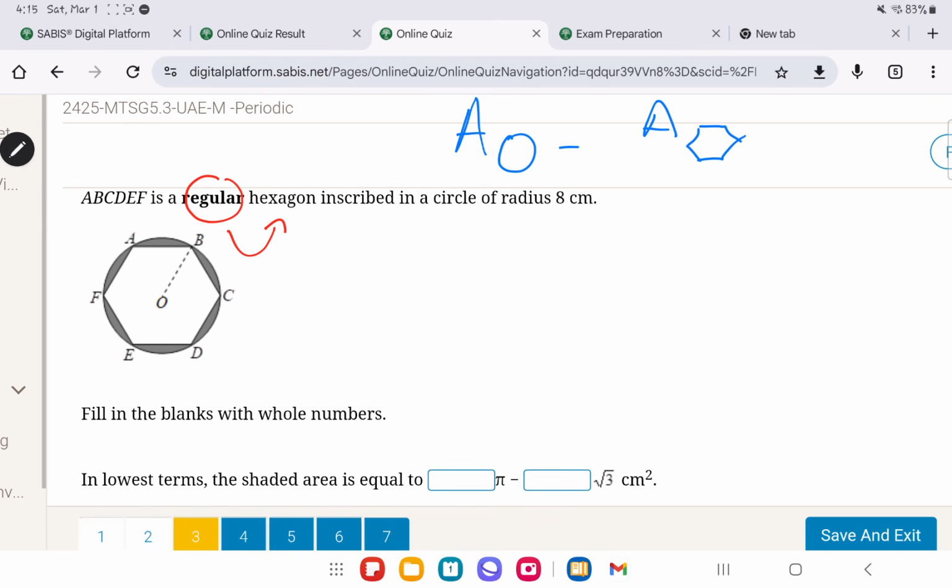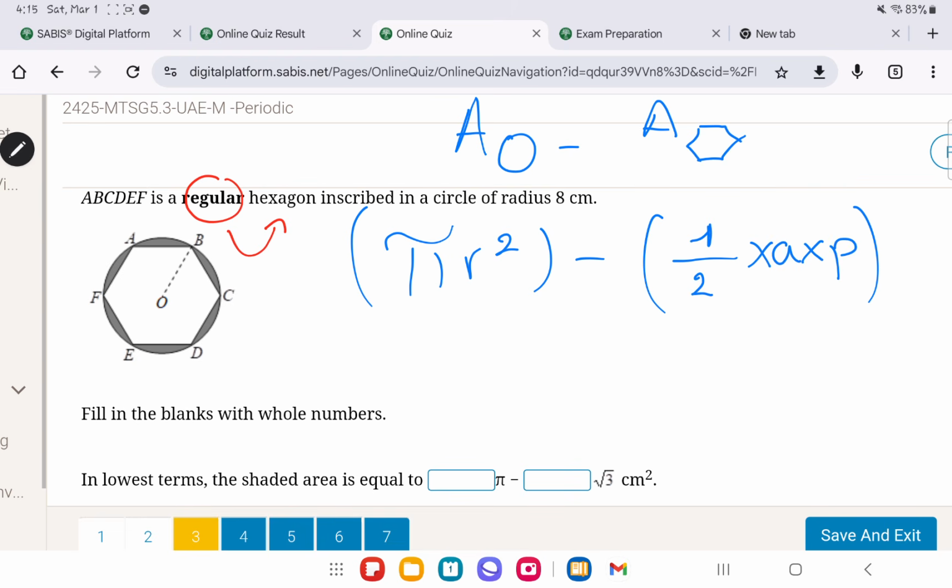The area of any circle is pi r squared, minus the area of a hexagon. What is the area of a hexagon? We know that the area of the hexagon is 1 over 2 times the apothem times the perimeter. I think you guys know from the previous quizzes that the apothem is equal to side radical 3 over 2. So what are we given? A radius. The radius is 8, and we know that a regular hexagon